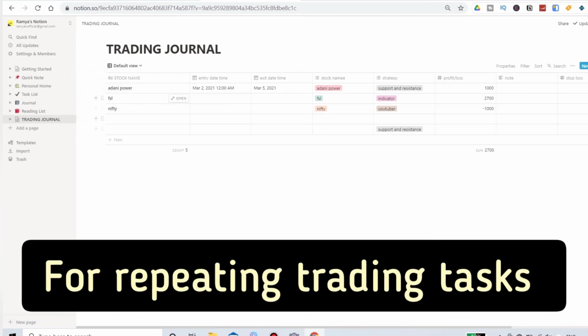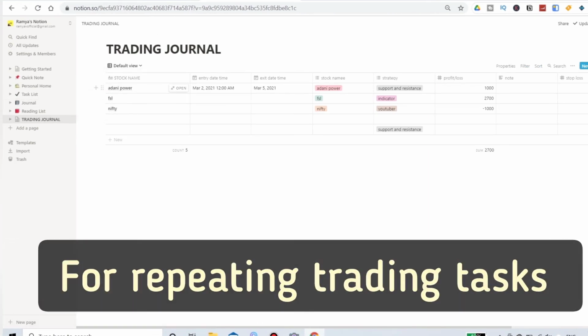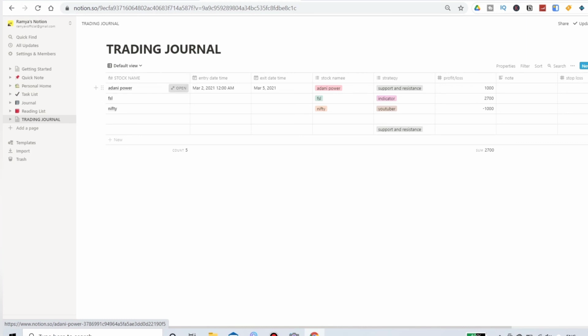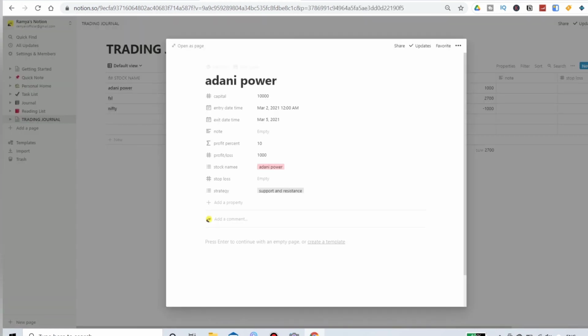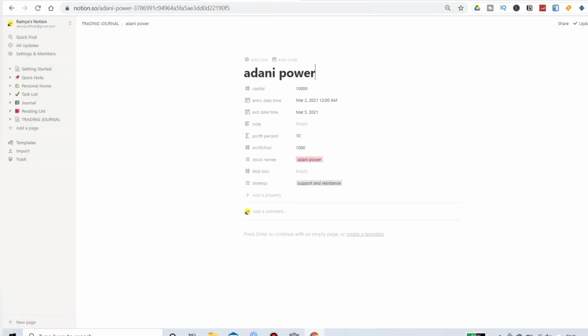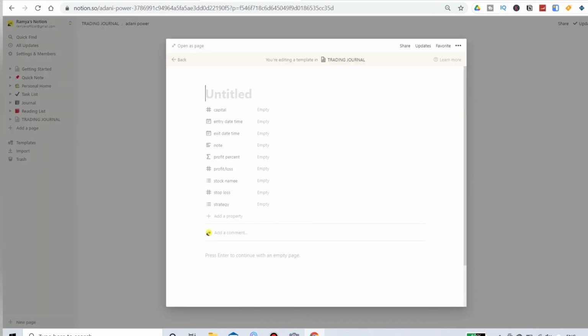A separate page where you can have as many templates as you want. Open. Now we have this page, so you will have all the properties here, and the template is like a repeating set of information. So if you click on a template and enter some information, we'll do it for example.